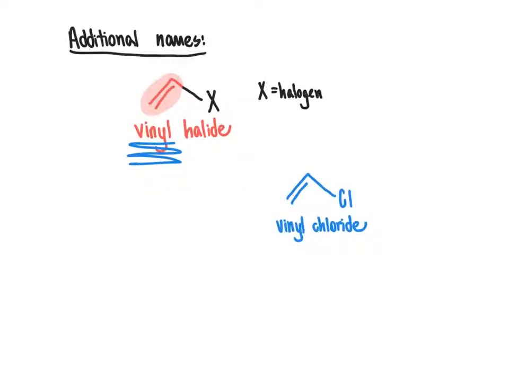The last name that you need to be familiar with when we're talking about these common names of alkyl halides is this situation where, again, X is going to represent your halogen, and here the chain that I have drawn, which has 3 carbons in total, 1, 2, 3, is referred to as an allyl halide. So the allyl group refers to this 3-carbon group with the alkene there at carbons 1 and 2. And the halide, of course, refers to that X atom, which is a halogen. So an allyl group is always going to be that 3-carbon group that has a double bond connecting carbons 1